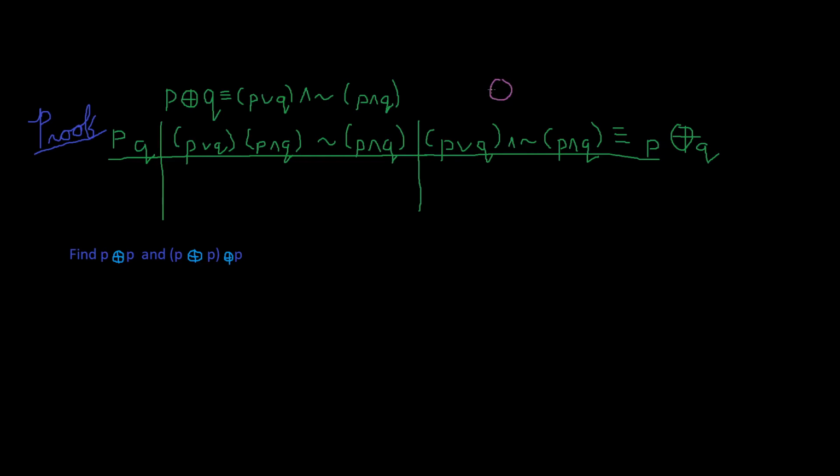We introduce this symbol. It's a circle with a plus sign in it, and we call that exclusion. Prove the exclusion law, and then we're going to have an example for the exclusion and how we solve for it. Proving this, it says P exclusion or Q, which is logically equivalent to P or Q in the parentheses